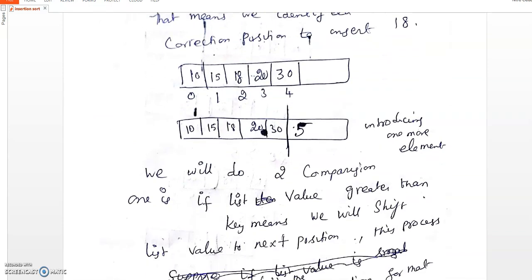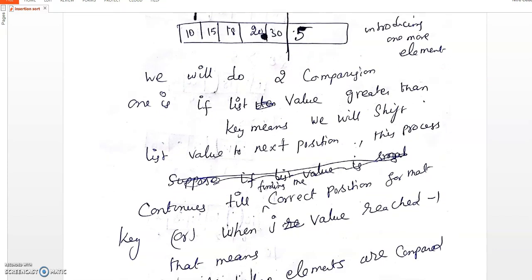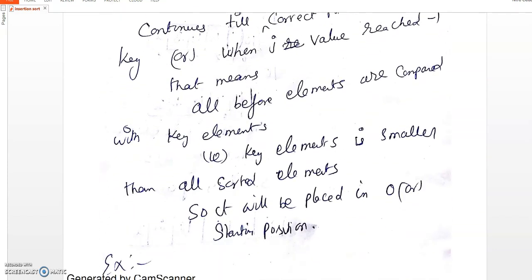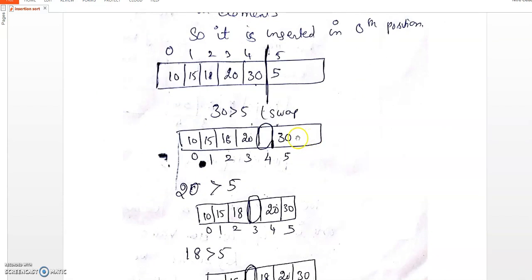Understand? Then I am introducing 5. You find the steps for that. First, the 5 is compared with the 30. So we need to swap, so the 30 moves to the next position. After moving, it creates an empty space, as I have shown here. So it creates the empty space in the fourth position, and once again the key element 5 is compared